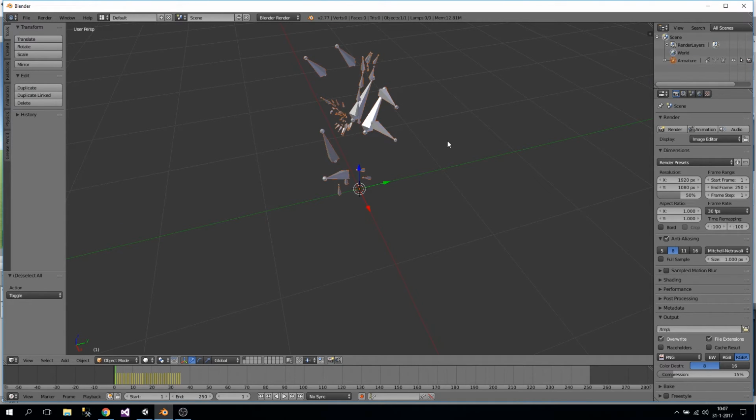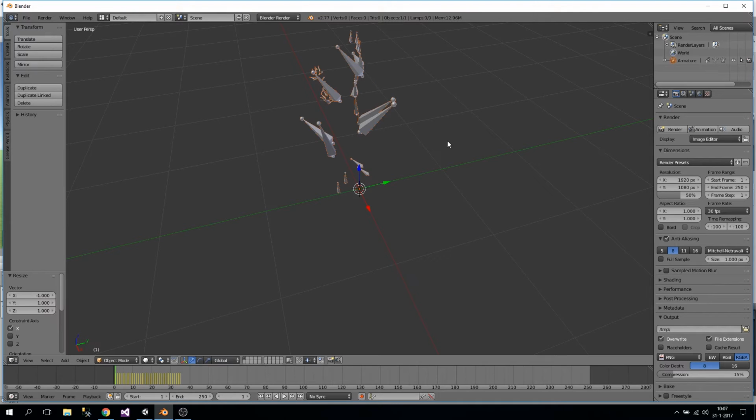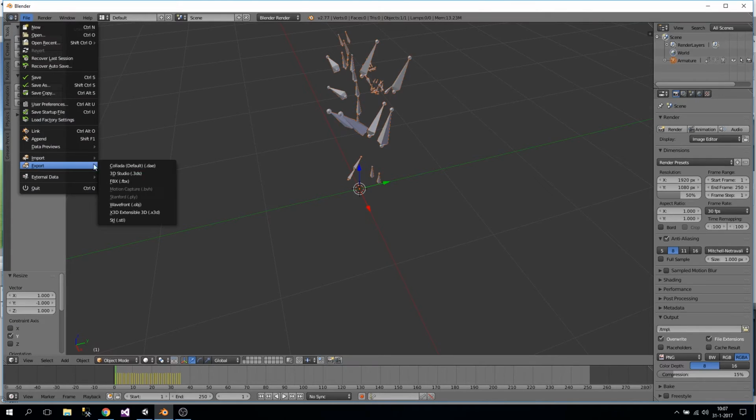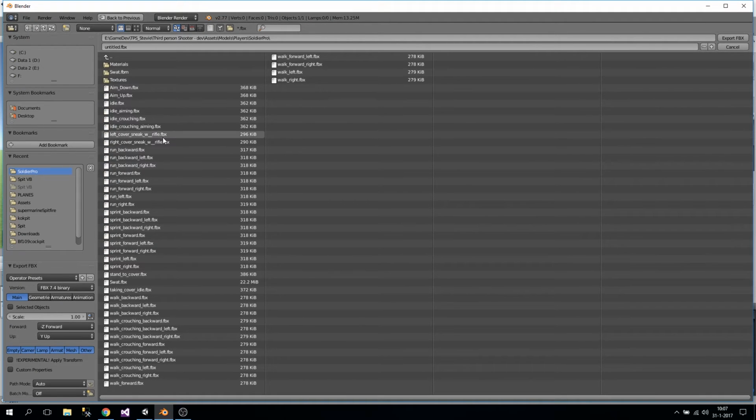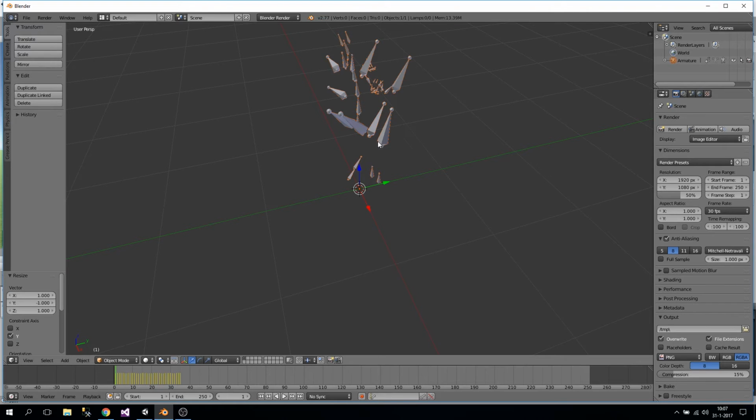So I'm selecting everything, scale on the X by pressing S, X, -1, press enter. Hit S again to scale on the Y axis by pressing Y, -1, enter. And then export it to FBX. This was the left one. And let's do the